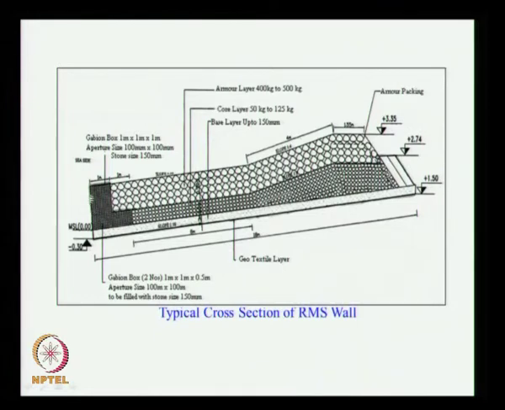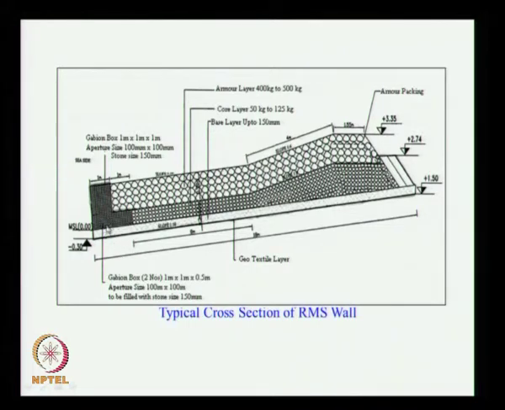Here we put 1 meter by 1 meter by 1 meter box gabions. These are filled with stones of size more than 150 mm, because the opening size of the gabion box is 100 millimeter by 100 millimeter. These gabion boxes are tied together, adjacent boxes are tied together, and at the base two boxes are provided. With this we tie them, and the geotextile filter is provided like this. We will see the advantage of the geotextile filter as well as the gabion box in the coming slides.